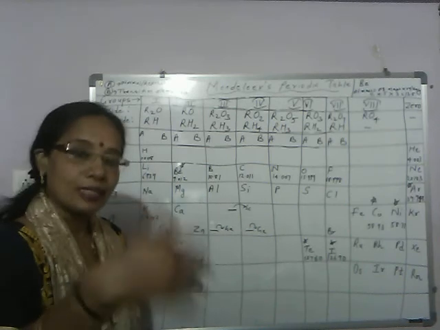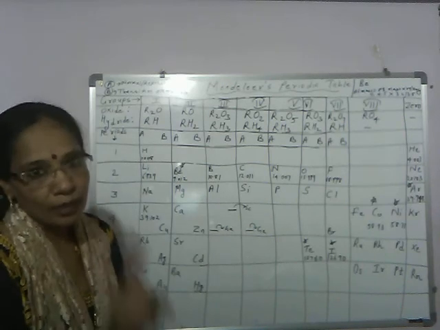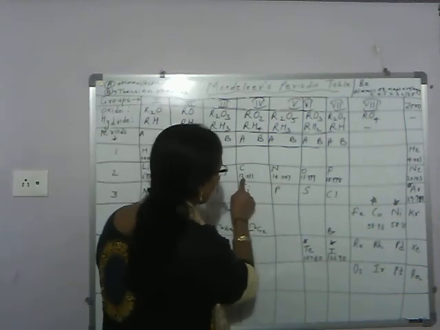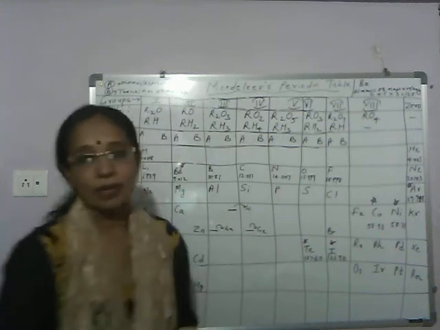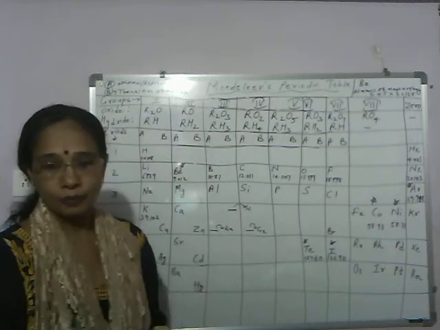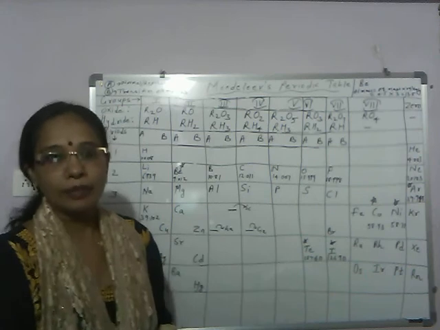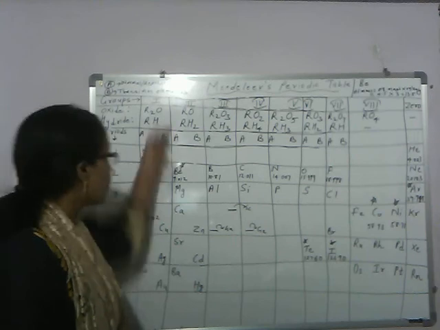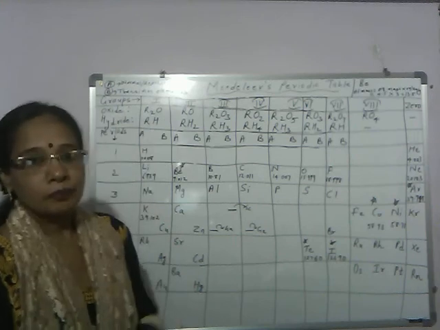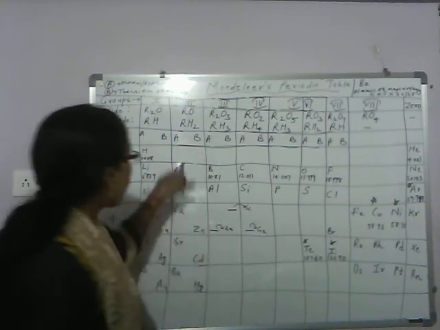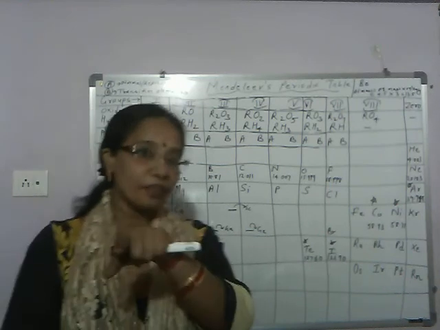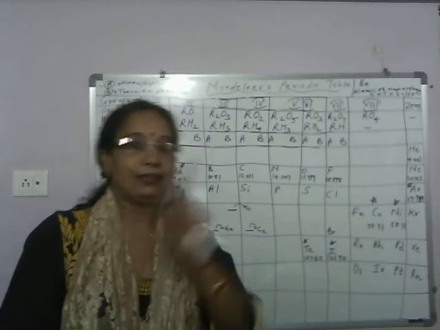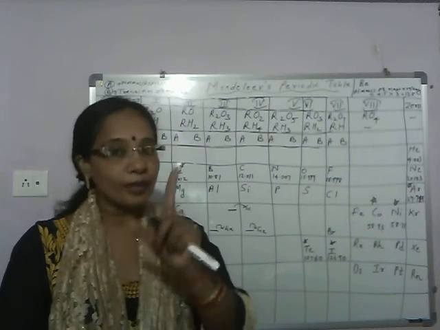But if you see the increasing order of atomic mass, if the atomic mass is 13.5, beryllium should be placed between carbon and nitrogen. Carbon's atomic mass is 12, nitrogen's atomic mass is 14, but there is no space there to keep beryllium, and its properties are also not similar to those elements. Its properties are similar to group 2A elements. So it means the atomic mass assigned to beryllium, 13.5, was wrong, it was doubtful. So Mendeleev corrected that doubtful atomic mass.